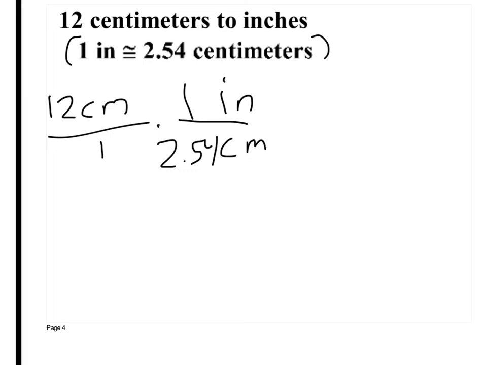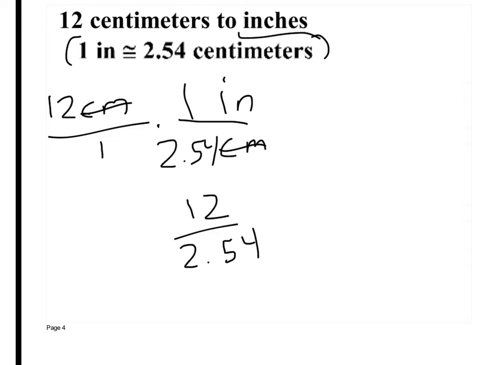Now I cancel what I can. I cancel centimeters out. I'm left with inches. Is that what I want? Yes. Now you can do all the conversion, which you take 12 times 1 and get 12. 1 times 2.54 and get 2.54. Then you divide. 12 divided by 2.54